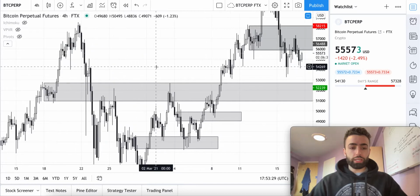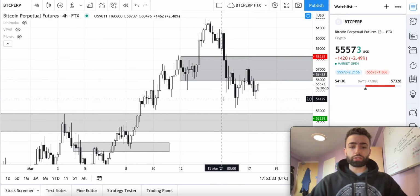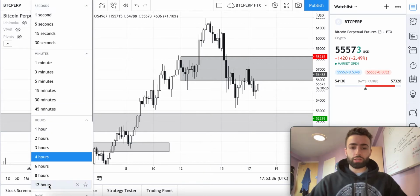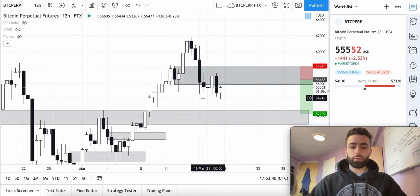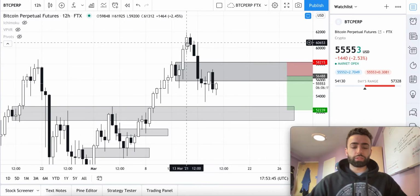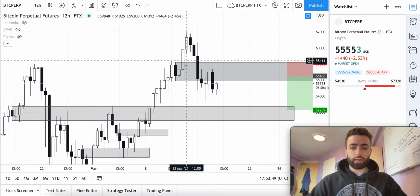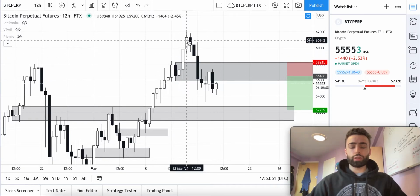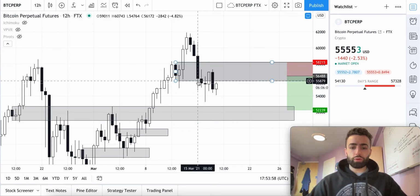So we did have some losses over the past couple weeks, but that was not one of them. Here is one that we had right here. So let's talk about this one. Right here was this gray zone, and we were talking about taking a long trade on this position because we had our low, high, higher low, and then higher high. So we had an established uptrend in price, but then the price went right through this level and closed below it. So we got stopped out because we put our stop loss right below this gray zone right here,